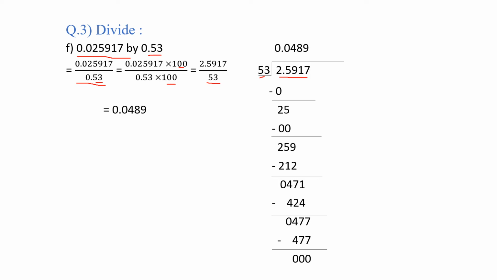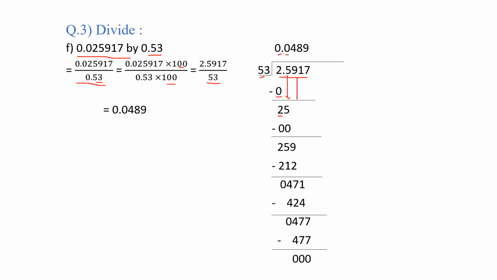We'll start to divide. So 53 zeros are 0, because 2 is not coming in the table of 53, right? So 2 minus 0, it will come here 2. Now next number we'll write here 5. Again remember, this number 5 is after decimal point, so in our answer immediately we'll put here decimal point. So now I'll check here. Now 25 is there, so 25 is also not coming in table of 53, so I'll write over here zeros are. So 53 zeros are 0. So 25 minus 0, that is again 25.